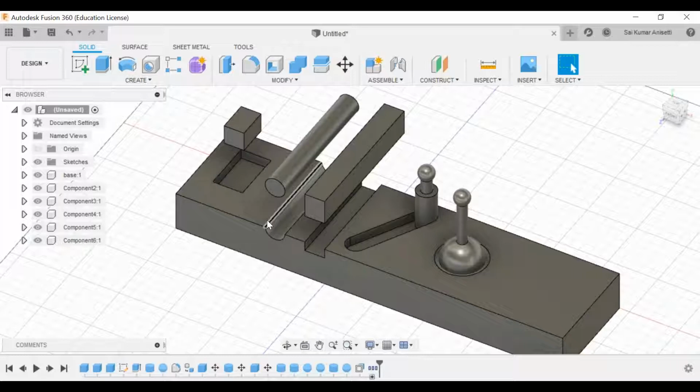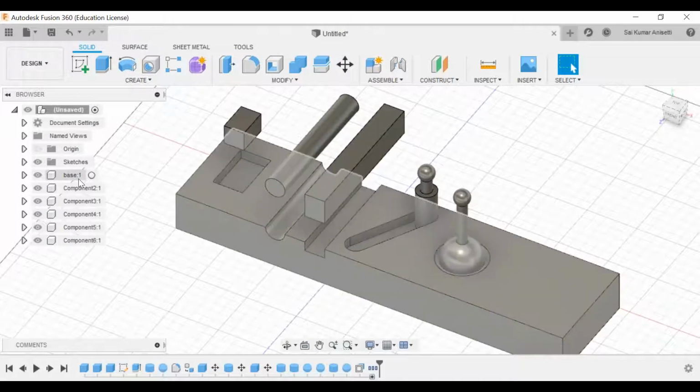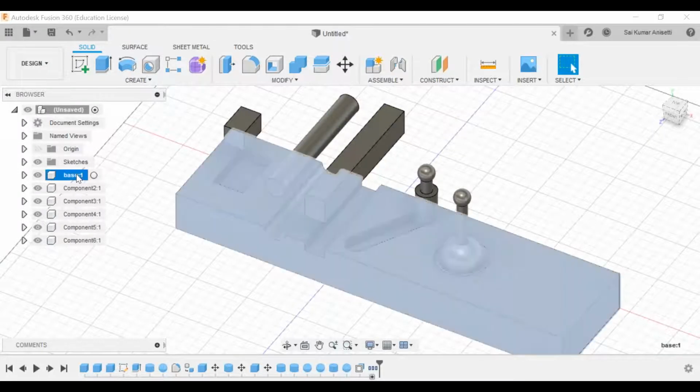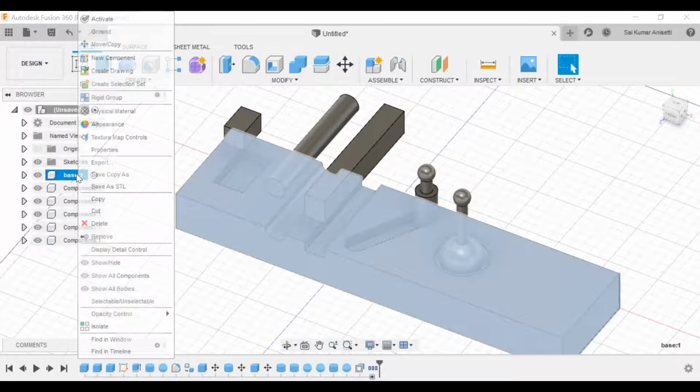Now, before creating any joint or any simulation or any animation, first you have to fix the base component. So in your Fusion 360, in this particular assembly, your base component is this one. In order to fix this one, I am going to right click and ground.